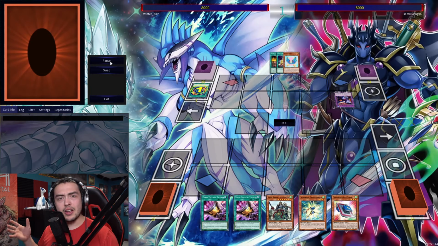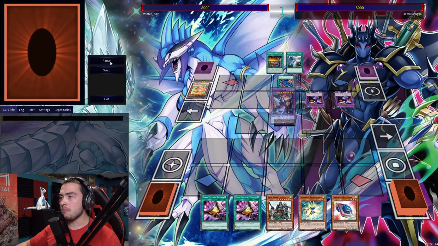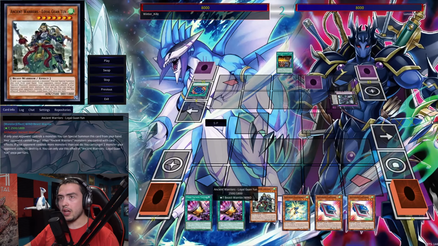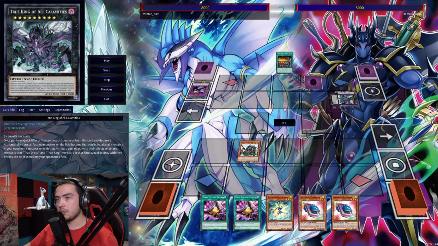Again, it's not like the hardest deck in the world to go up against. But he does actually end on a pretty meta-relevant card here, which is, of course, True King of All Calamities with one set card. Now you can see our opening hand is not the greatest. We have the Ancient Warriors Loyal Guanyin, which is not a bad card to open here specifically. And luckily for us, he does not shotgun the True King, so we're actually able to proceed to the main